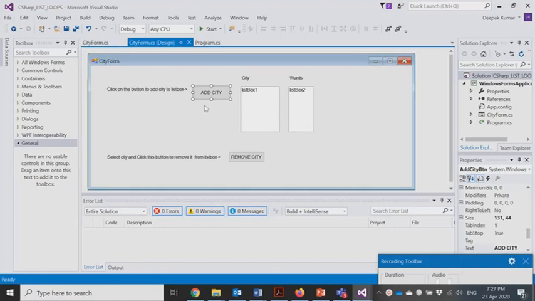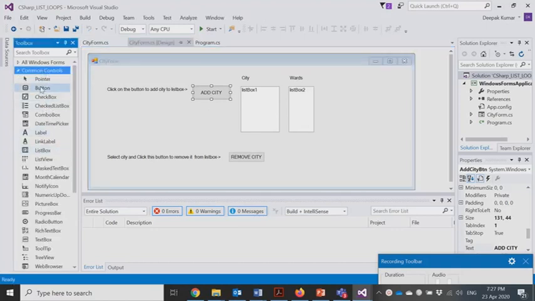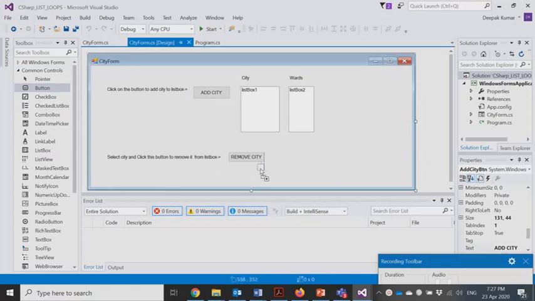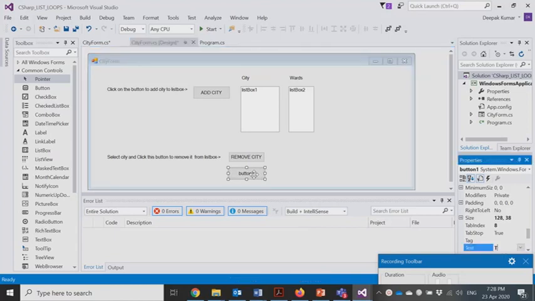So what we will do is add another button here. This button would be used to display a total of the existing total wards.